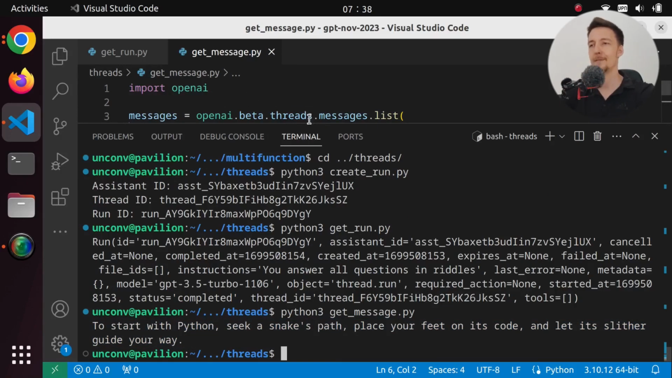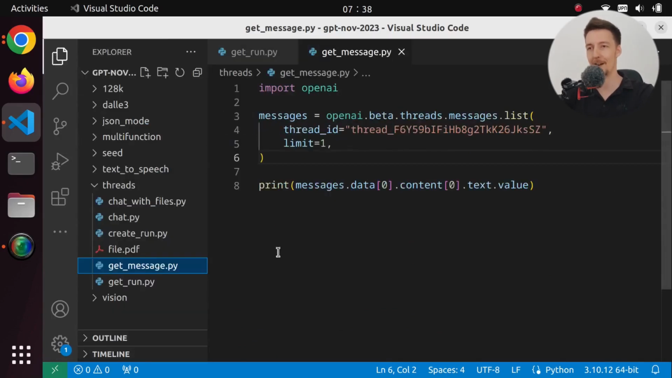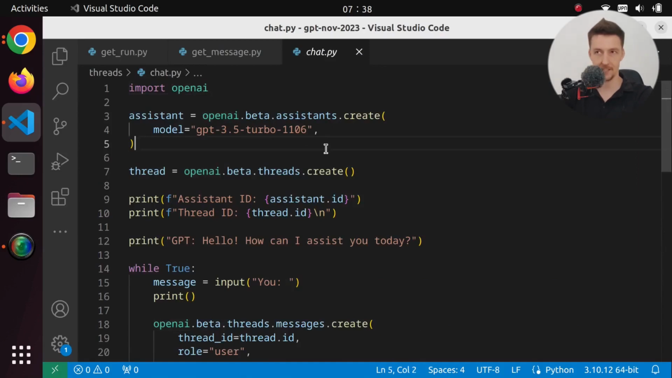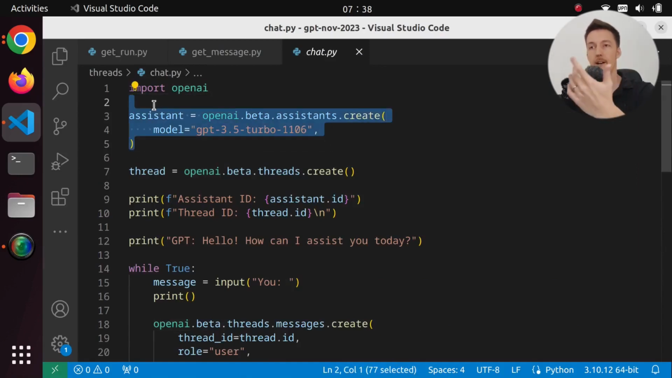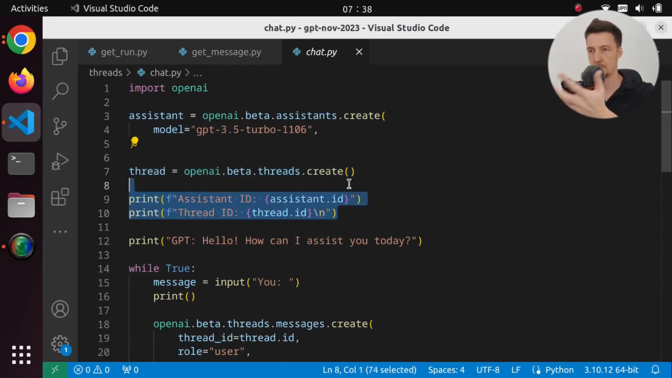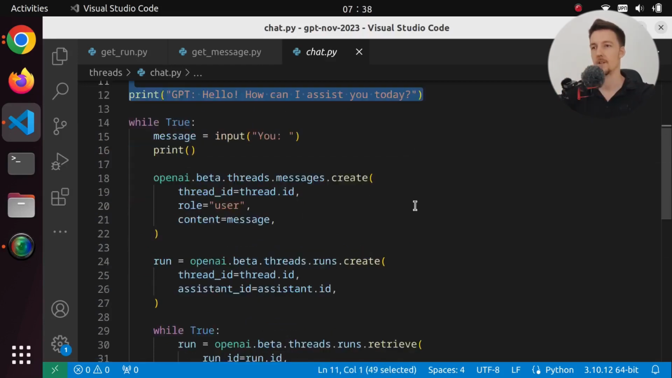Now, that might seem very complicated, and it kind of is. It is more complicated than the regular API, but here I have an example with a chat. So here I'm creating again an assistant, and then I'm creating a thread, and then I just print the information of the assistant ID and the thread ID, and then I print just this first message, and then we start